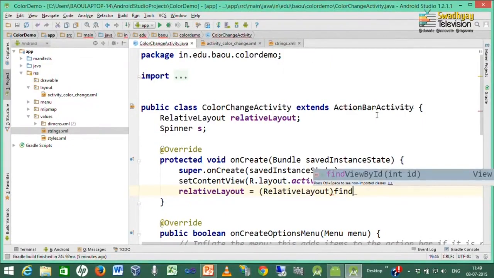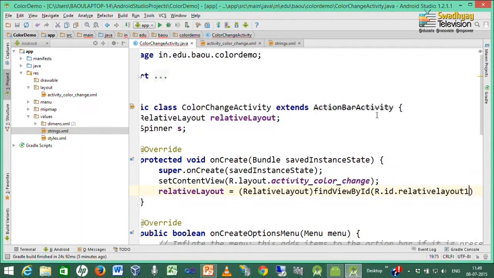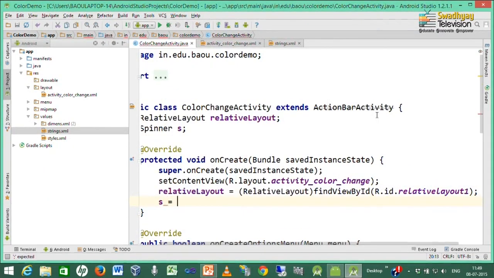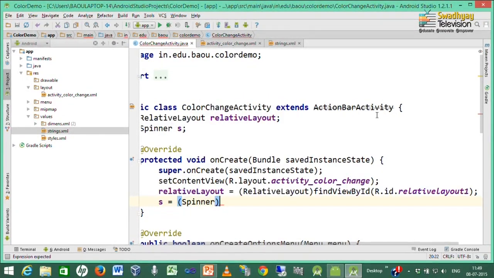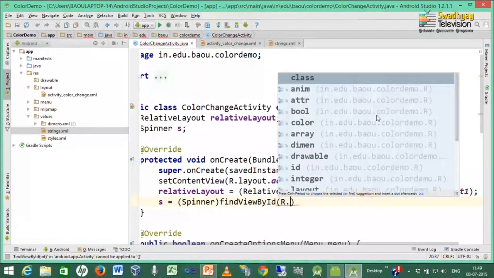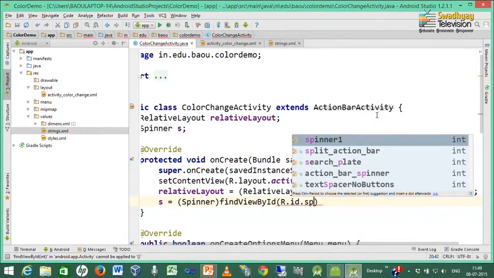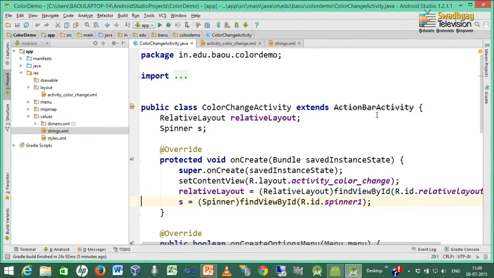So, our ID is relativeLayout1 and the spinner ID is spinner1. So, here we take a reference of the spinner as well as the relative layout.